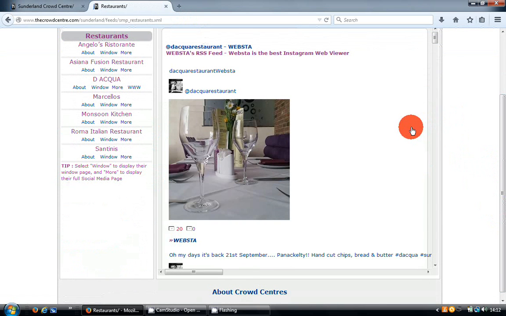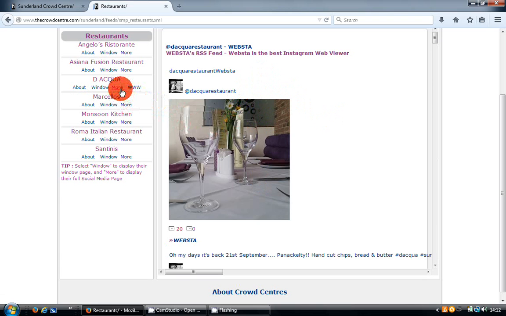But we're allowing all the local members to use a whole range of tools. It could be Facebook, it could be Twitter, it could be a YouTube account, it could be an Instagram account, a Flickr account, etc. to use that as their shopping window. So that's what they would use. So local churches could put notices in that would maybe attract people to come in.